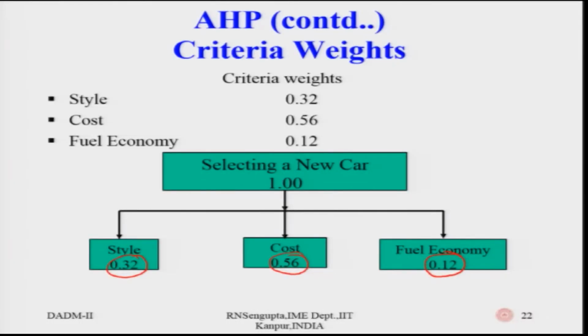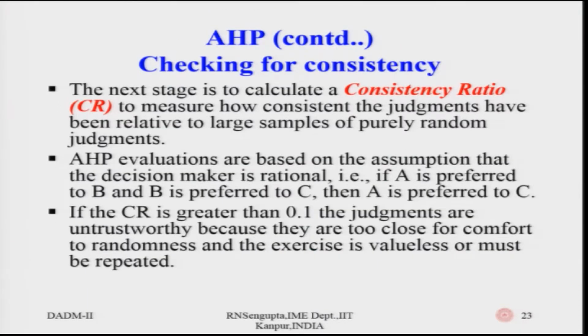So, the values of 0.32, 0.56, 0.12 are the weights. If style was there, obviously they would be another level with S1, S2 and S3, each having weights such that the cumulative weights would give us some information about 0.32, which is already written. The next stage of the algorithm, which we will use for all the decisions, all the criteria compared,